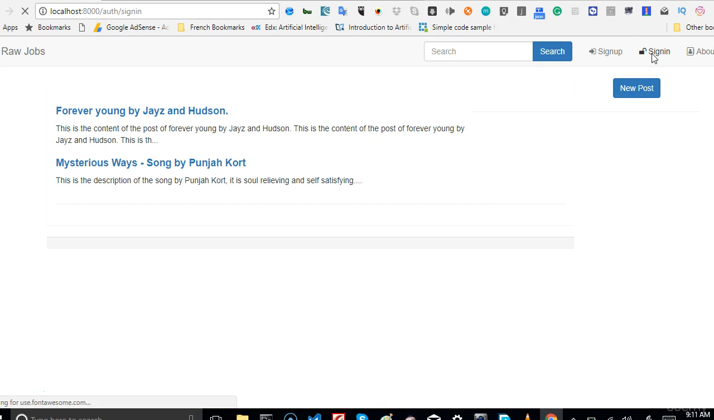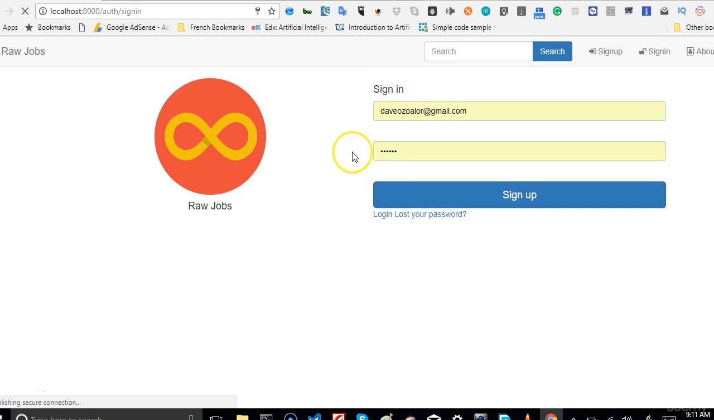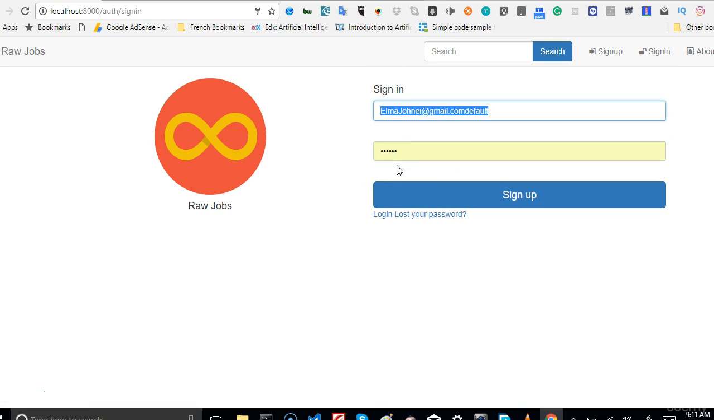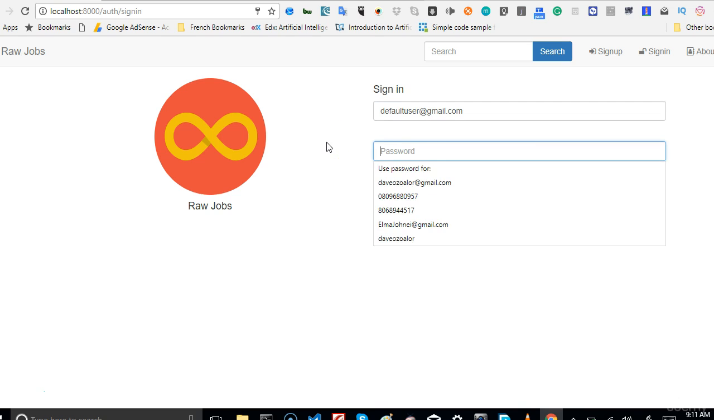If you click on sign in, remember once you have your database set up in raw PHP, you have a default sign in that will work for you. You have default user at gmail.com. Then there is default admin, if you want to log in as admin. So we're going to just log in as a user, default user at gmail.com. Then the password is just the word PASSWORD,